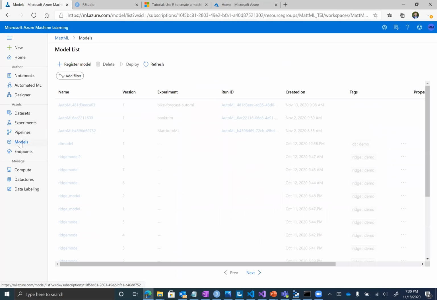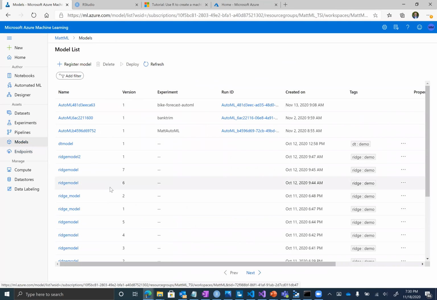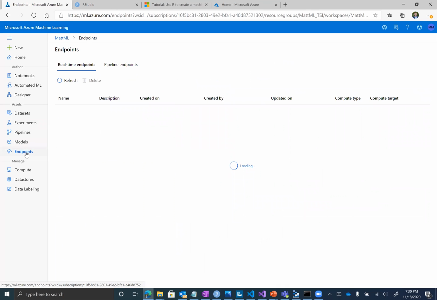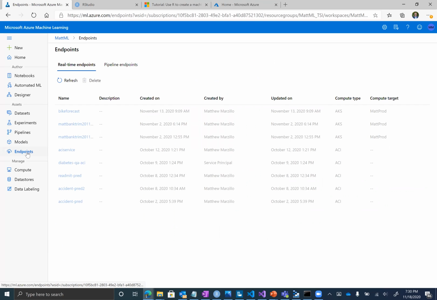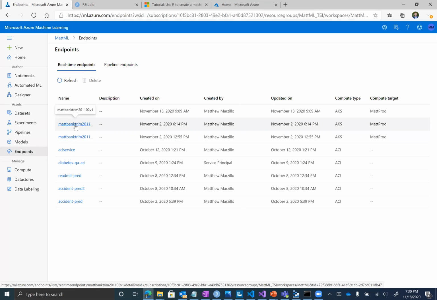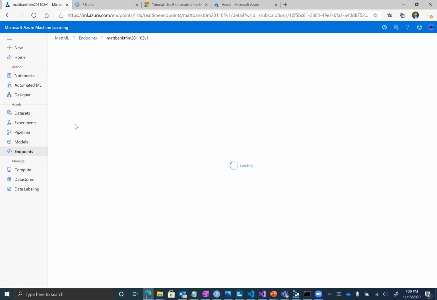So you have this registration here, which is basically every model that I've said I wanted to hang on to and understand its lineage. And then I have endpoints, and these are the models that made it to the big show, right? So these are models that are now deployed on some sort of inference cluster and can be accessed via an API, right? So I have a couple different bank trim models here. If I click on that one,